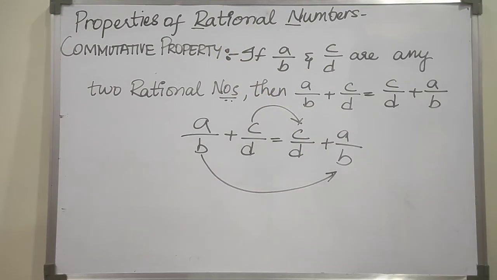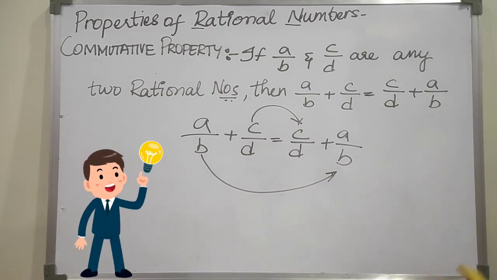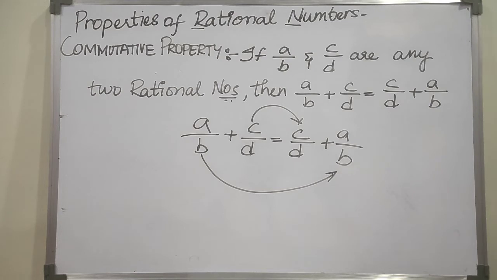Okay. Here, interchanging of A by B plus C by D equals C by D plus A by B means they interchange their positions, from the first position to the last position, and from the second position to the first position. Like that they interchange their positions, their order is changed. That occurs in the commutative property. This is a tip so that you can remember. In the associative property also we have some small tip to remember the property. We shall see in the next video.